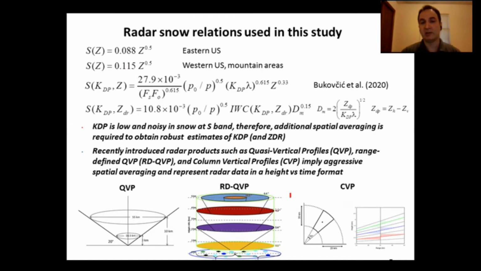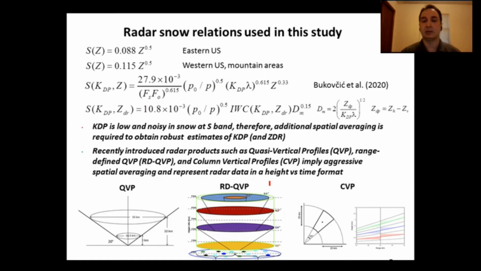The difference between these techniques is that QPE and RDQPE are radar-centric, whereas CVP is not, and it can be moved within the radar domain. In short, QPE uses the highest tilts and does this azimuthal averaging in full 360 degrees, and then projects these values along the radial at this vertical, and that's why it's a quasi-vertical profile, and then forwards these measurements in time. Range-defined QPE is similarly constructed as a QPE, but it uses all available elevations, and then